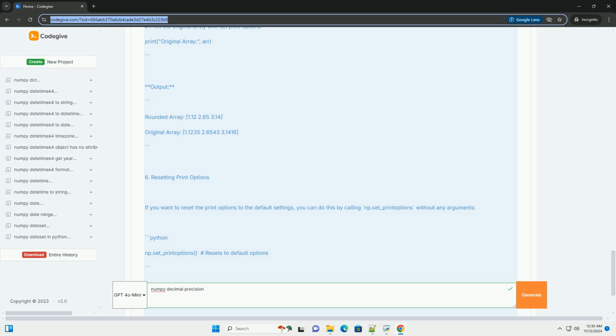#4. Rounding with np.round. If you want to round the values of an array to a specific number of decimal places without changing the global print settings, you can use np.round. Output: